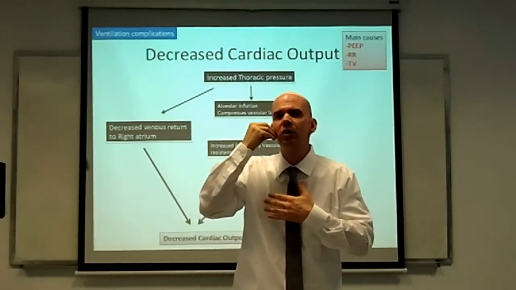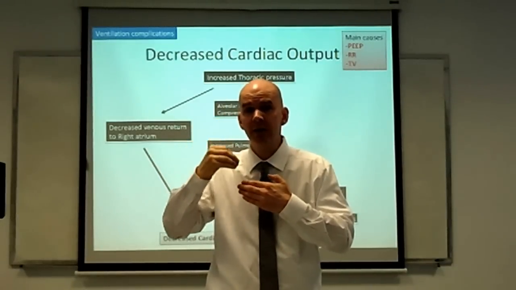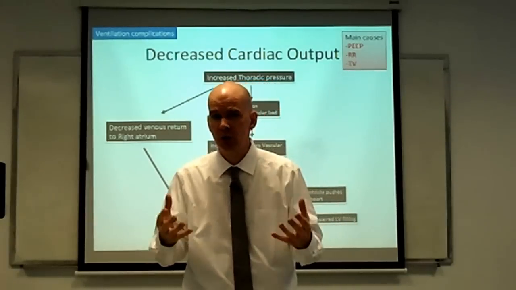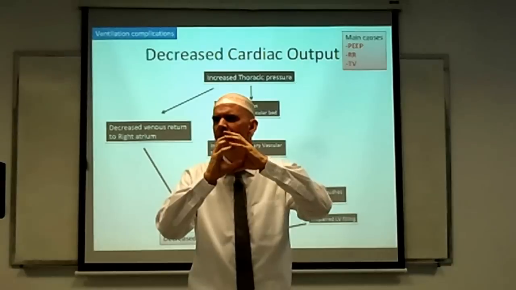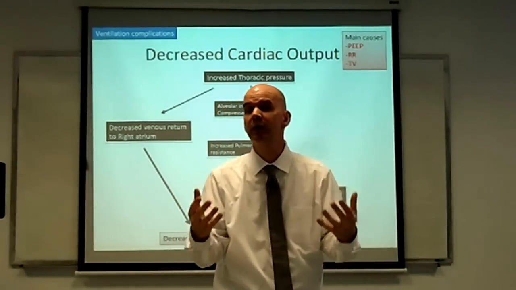That's going to mean blood is going to be less inclined to go into the thorax, into this high pressure situation, and it's going to go into the thorax slower. That means that there's going to be reduced right atrial filling, and you're going to end up with reduced preload,